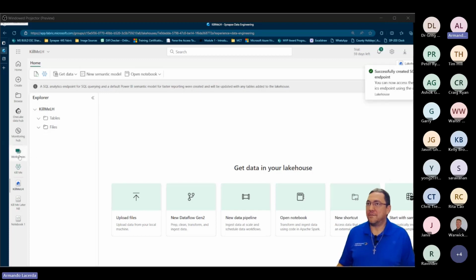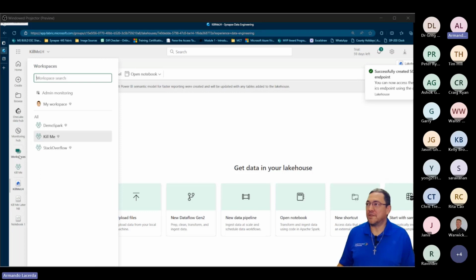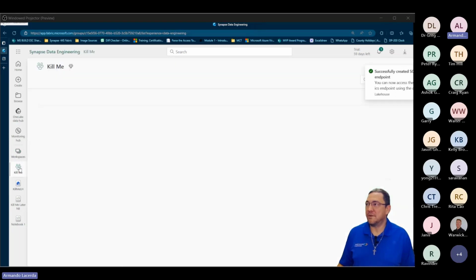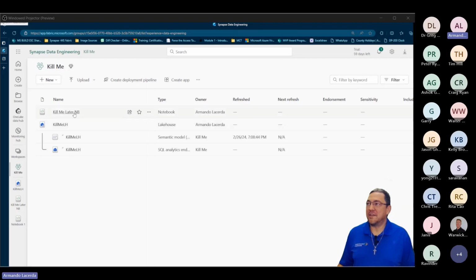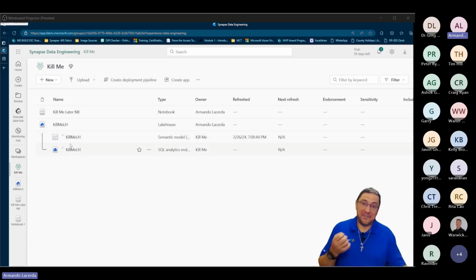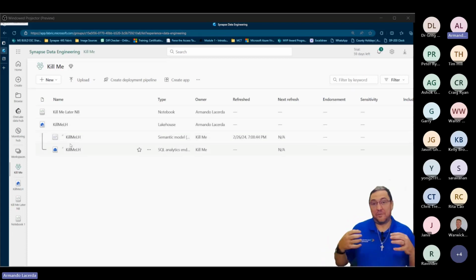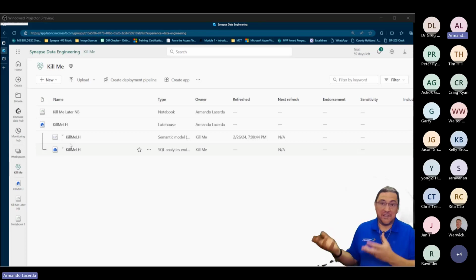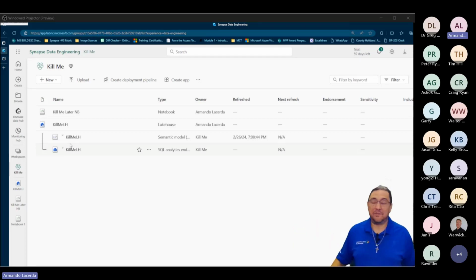And if I go back here to the workspace, let me see, here's my workspace. There we go. If I go back here to the workspace, now I can see I have my notebook that potentially has code to run queries on data that will be available inside the lake house. So I do have a semantic model on top of the lake house, and I do have a SQL endpoint that I can do SQL queries on top of this lake house, which is great. What I don't have is a cluster definition for my Spark to work on top of that data. I already have the notebook. I don't have the Spark definition yet.